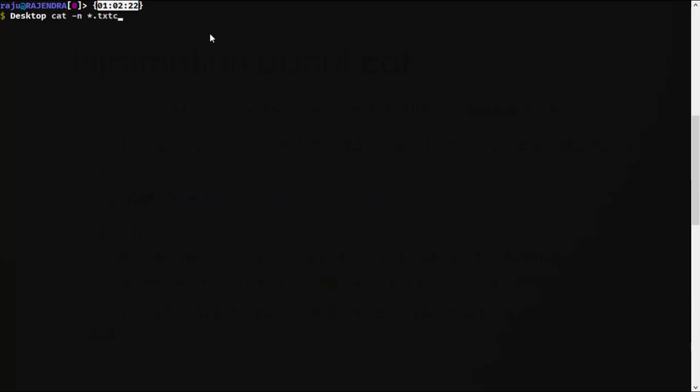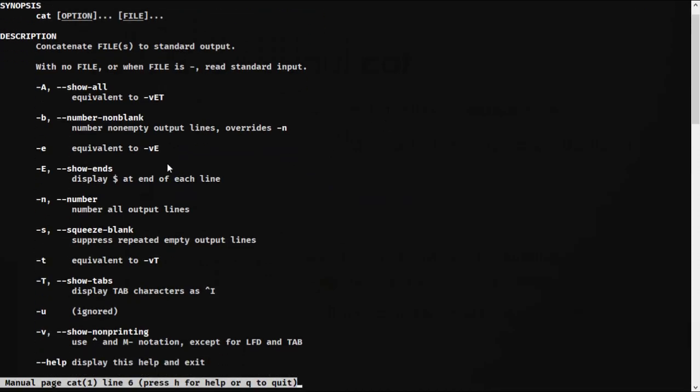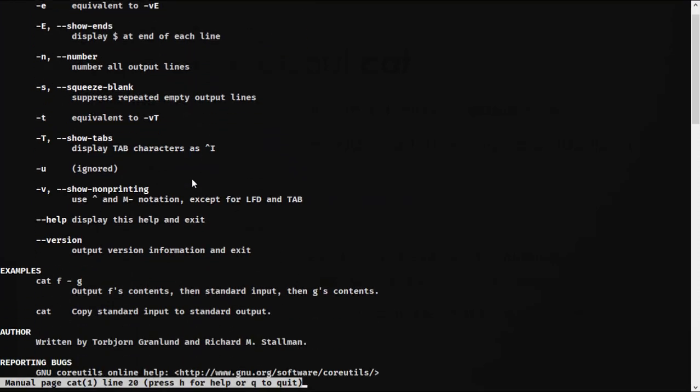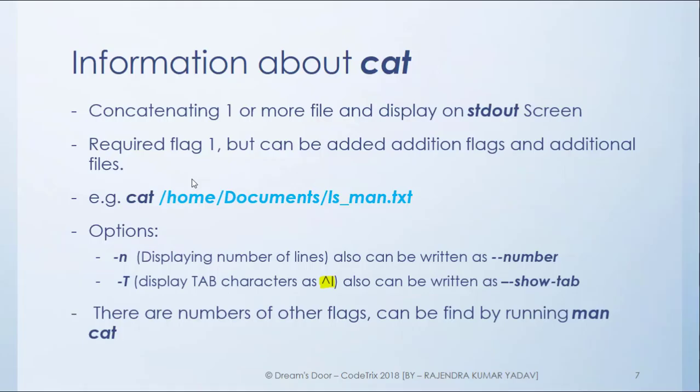Okay, so I hope that you got it. If you have any problem with this command, please ask me, or you can just type man cat. Here are a number of other options, like if you pass capital E, you will get the end of the line with the dollar symbol, and all the other options are here, so you can find out accordingly. Now we will see the last command,